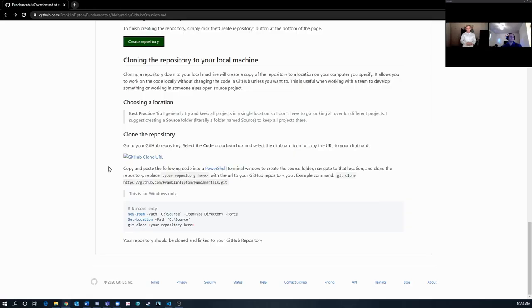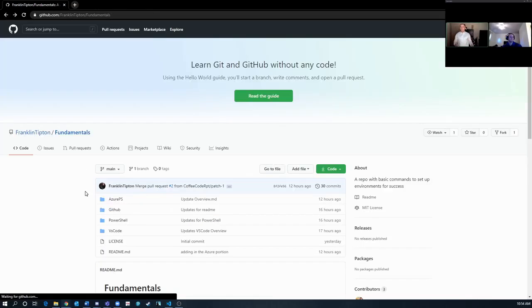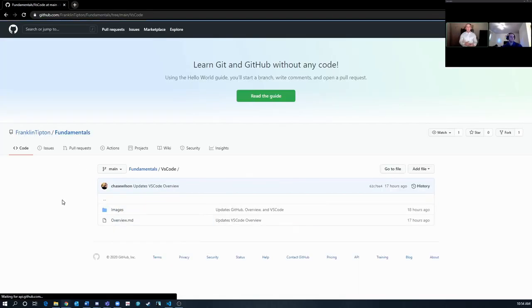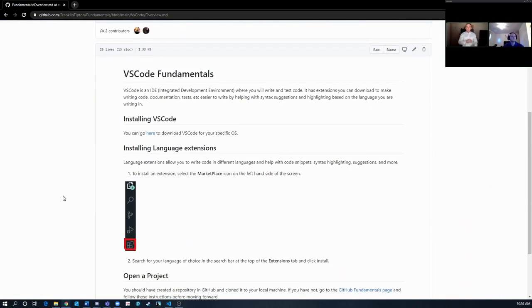Yep, gotcha. All right, so now we're gonna go into Visual Studio Code, otherwise known as VS Code. It's an IDE, which is an integrated development environment. It's where you're going to write your code. It's where you're going to be able to pull everything down from GitHub, edit things, work in a team and